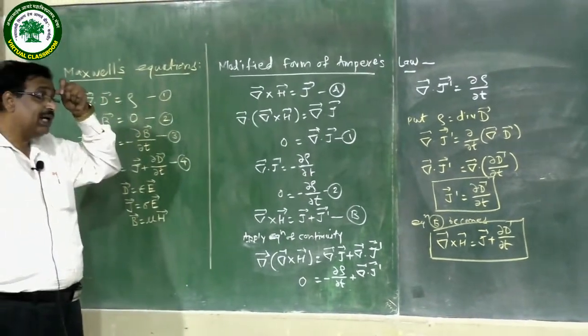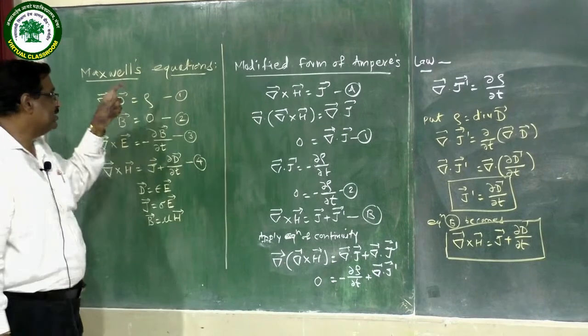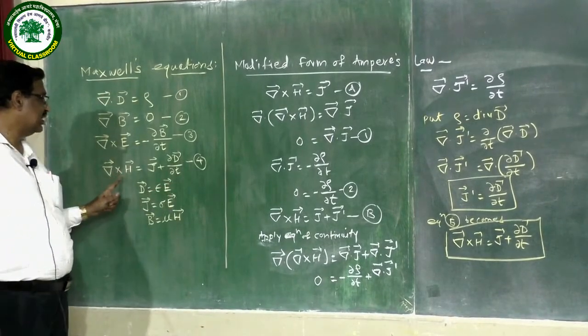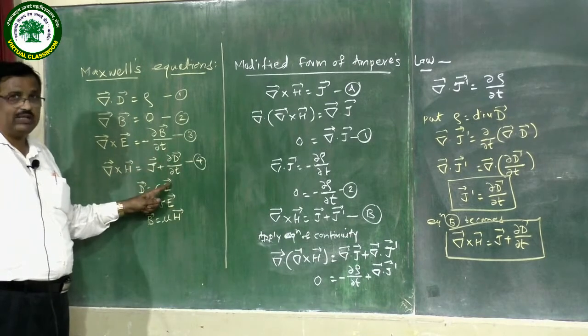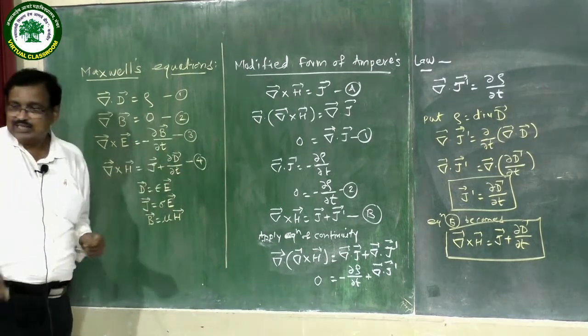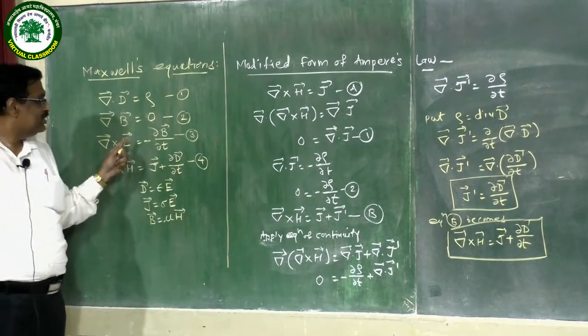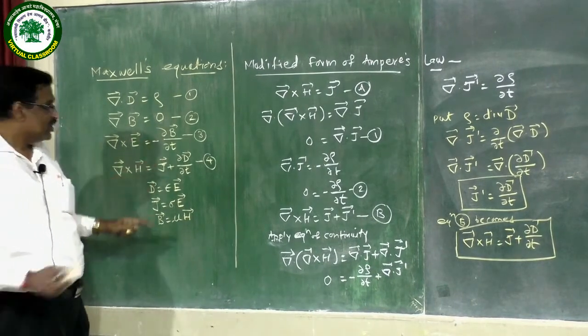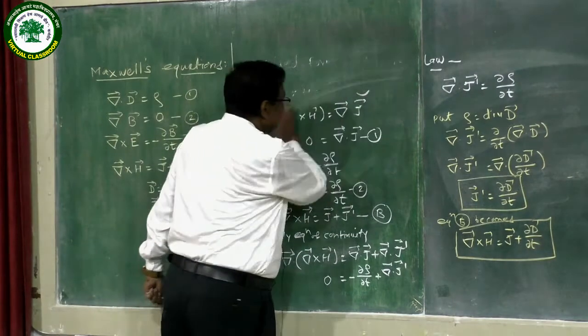is also one of the fundamental equations of electromagnetic theory, and so Maxwell proposed that this is also a very important equation, that is curl of H equal to J plus ∂D/∂T. Right? So this is nothing but the modified form. Similarly, we have another equation, that is curl of E equal to minus ∂B/∂T. So this is Faraday's law of electromagnetic induction.